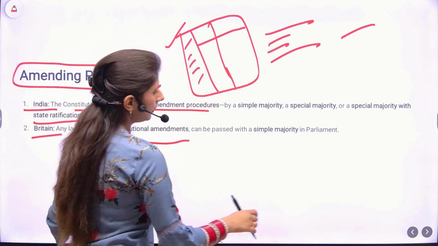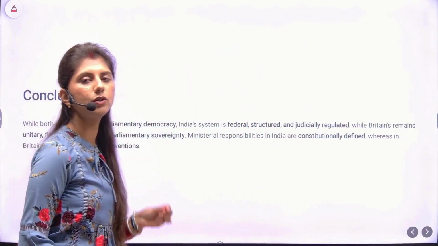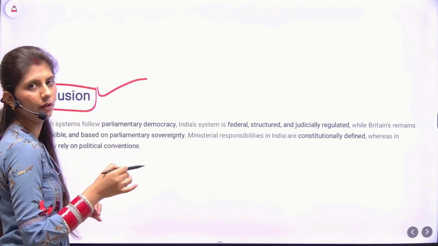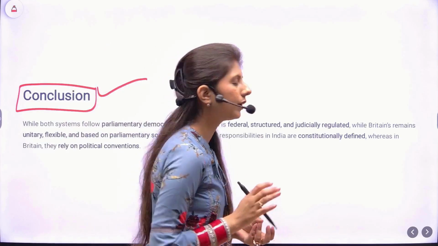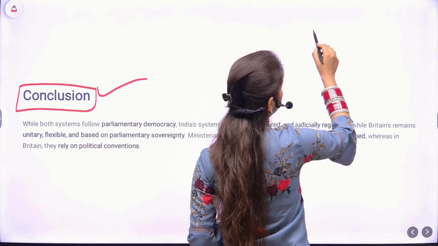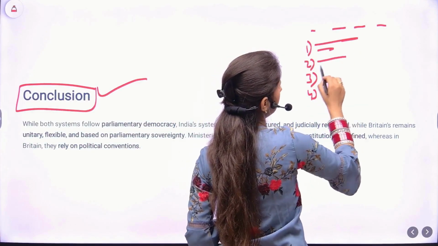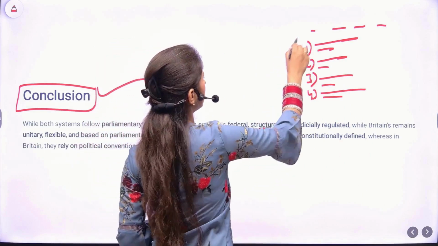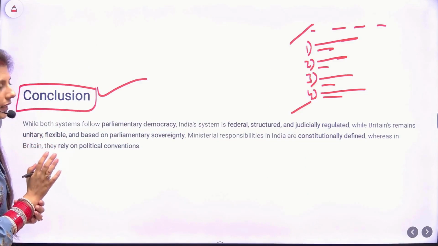Now, the last part of the answer, the most crucial one, which students also skip a number of times, is the conclusion. Never ever skip the conclusion. Do not leave your answer open-ended, unless the answer is of ethics. Then you can skip the introduction and conclusion, because if the question is to write short notes and you have been given 5 topics, then you can just write 1, 2, 3, 4 and describe those topics. There you do not have to write the introduction and conclusion. But in all these answers, introduction and conclusion are mandatory.